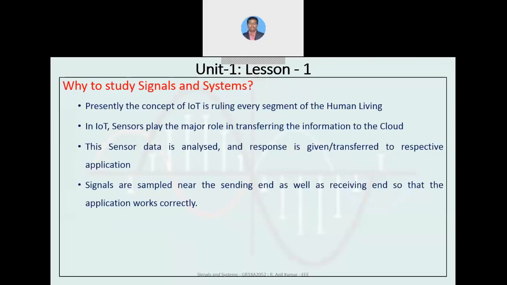So, first of all, why study signals and systems? As you know, present technology is all about how controlling is carried out over an application. It means we are going to control any external device remotely, or store data remotely, and the stored data needs to be fetched from the other end. So the data is fetched and transferred from various remote locations. So how is this data stored or fetched?